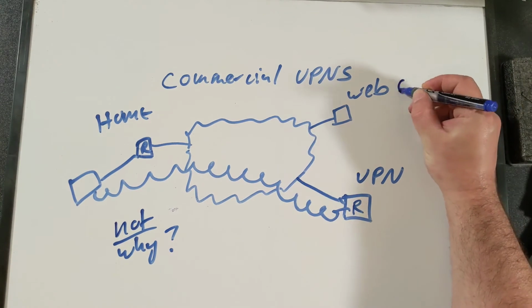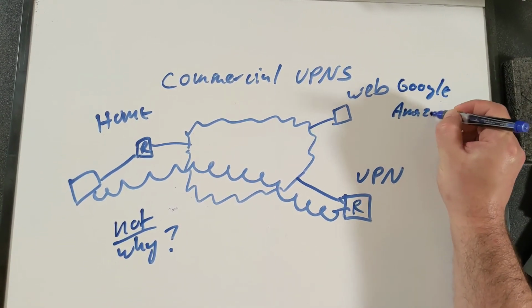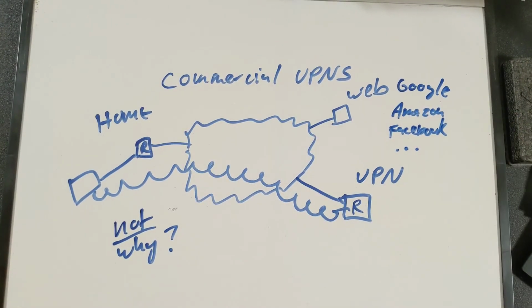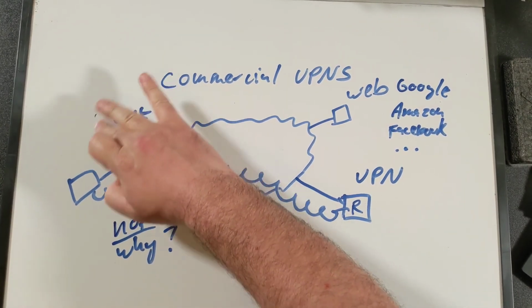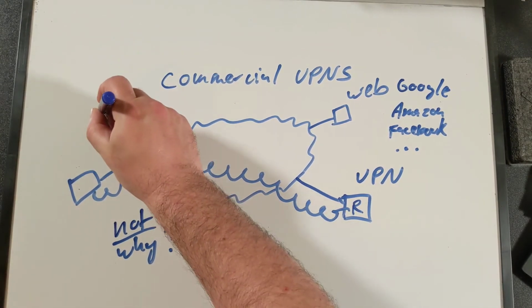And by big tech companies, I'm talking about Google or Amazon or Facebook, etc. Microsoft, Apple. Having a commercial VPN service when you're connecting to these big tech companies does not provide you any significant privacy benefit. And the reason for that is actually pretty easy to see. Specifically, imagine for a moment that we're not talking about a home network over here. Instead, we're talking about a school network, maybe a college that you're going to.